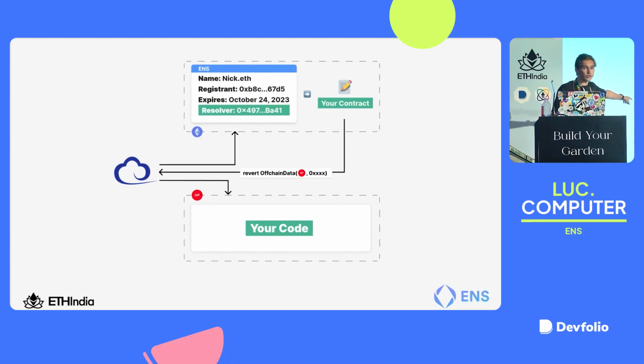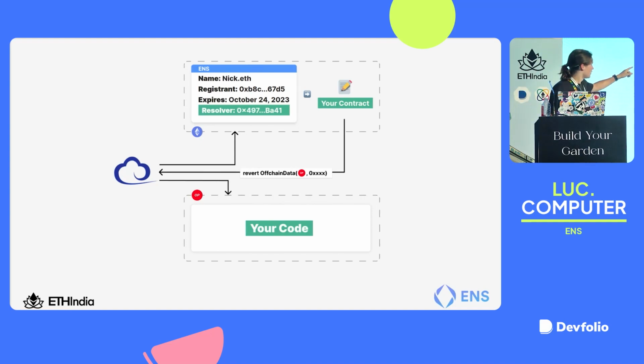This right here is Ethers, a library that most of us use in our front end and our back end. And Ethers will reach out to ETH mainnet. It'll go, I'm looking for Nick.eth. Nick.eth will have the name, the registrant, expires, and resolver, just like I mentioned before. The resolver, it'll go to the contract, and it'll say, hi, contract, I'm looking for Nick.eth. Get me its avatar. So get text, Nick.eth, avatar, or get text, Nick.eth, GitHub.